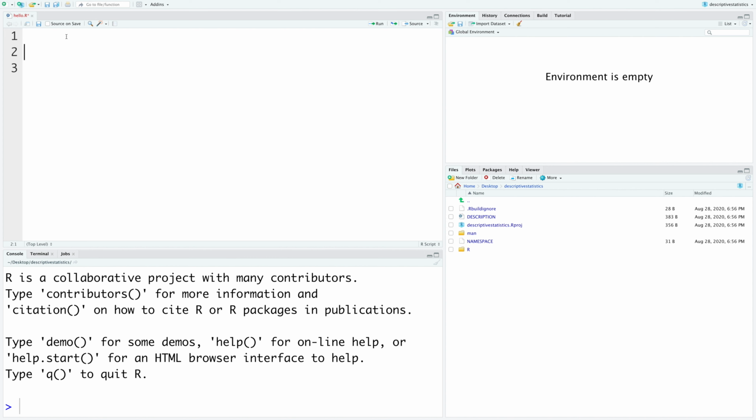I'm going to create a function that will be part of this package. Let's name this function ds for descriptive statistics, and then we can say function(x). The function that we are creating will take a continuous or numeric variable and then create a histogram, box plot, and numerical summary.